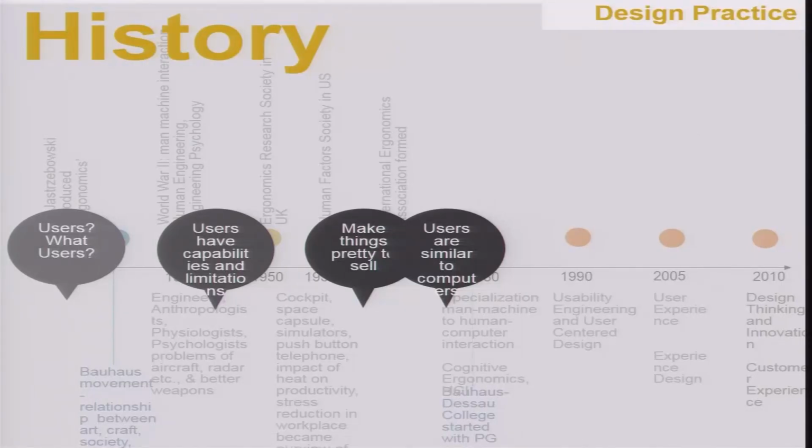Then in the 80s, users were treated to be almost similar to computers. So, there would be a compatibility of the users with the products, which would be worked upon. Finally, people started realizing in the 90s that emotions are also a very important part of a user, and you can't treat users simply as computers or robots who are bound to perform something while handling an equipment, but they do have emotions, and there is a factor of carelessness or carefulness in how you design the interfaces with such machines or such engineering tools, so that people can give a better deliverance.